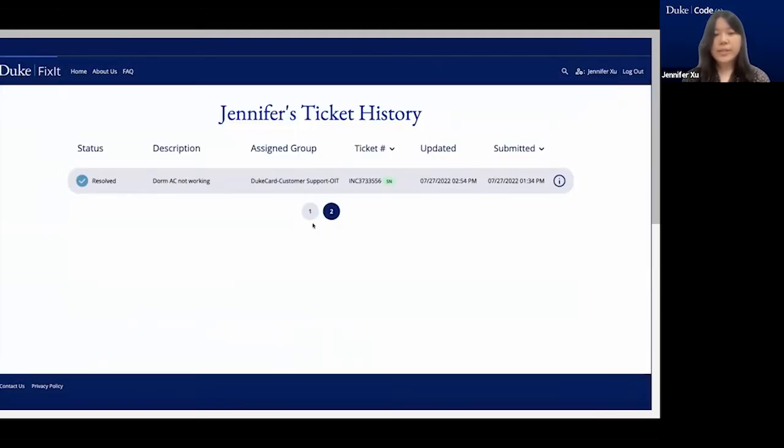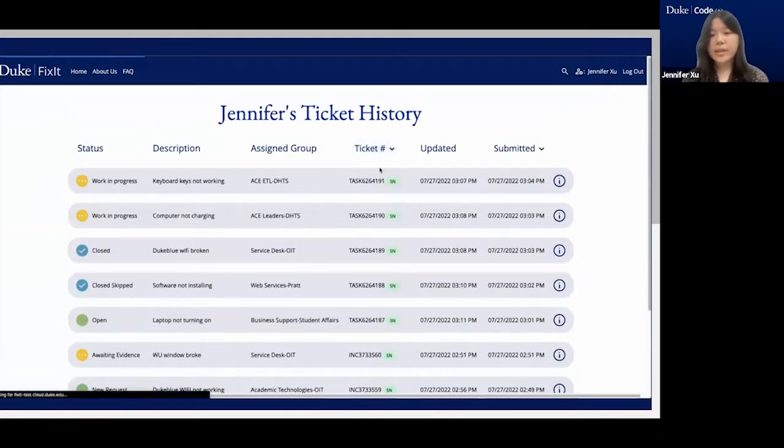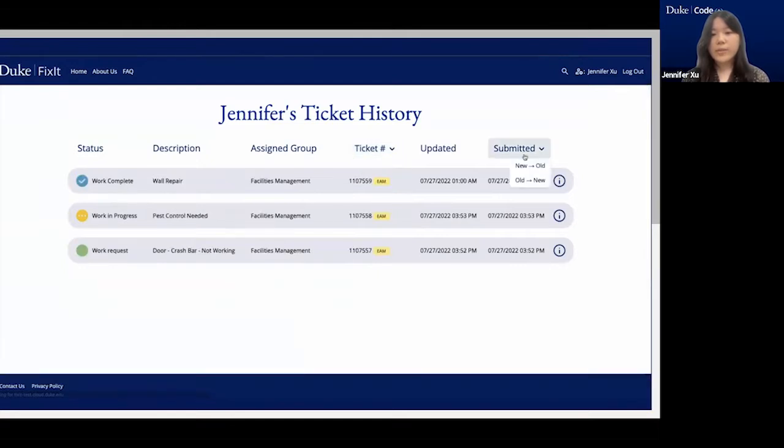You can also sort based on different variables, such as the ticketing system, which can be either EAM or ServiceNow, or time, so from new to old or old to new. If you're an admin, you have access not only to your own ticket history, but also to anyone who has a NetID's ticket history. You'll know you're an admin if you have this icon next to your name or this search